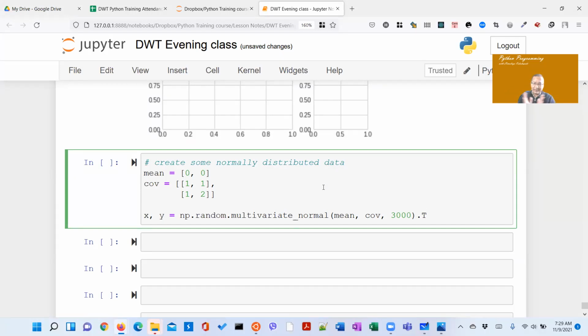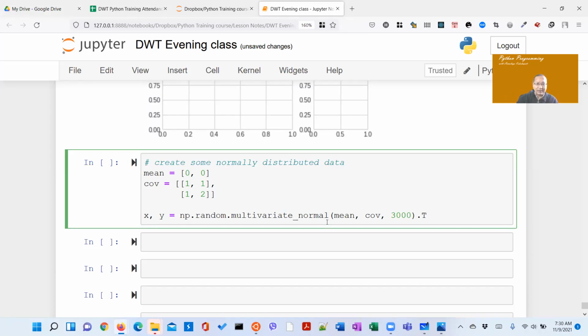They are x or y, or x1, x2, whatever, and they should be correlated, right? And you say covariance matrix, we have already talked about this in detail, and we create a multivariate normal, right? And we mean दिन्छौं, covariance दिन्छौं, 3000 points, and you like transpose गर्छौं गर्दाखेरि अनि x एउटा अनि y अर्को है. x र y दुईवटा डेटा पोइन्ट्स हुन्छ।